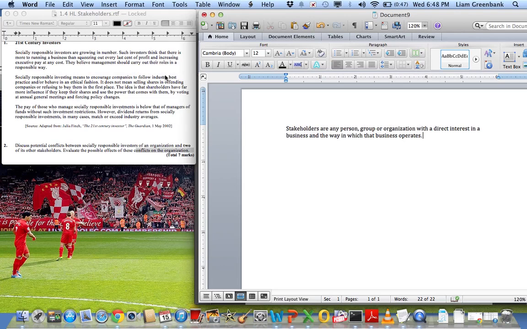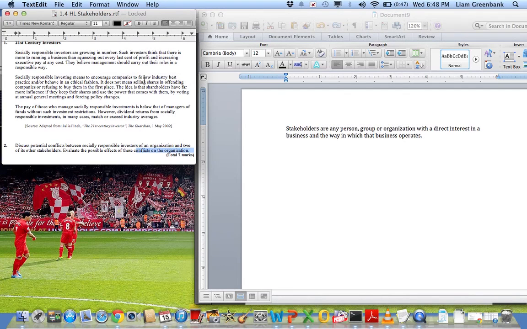Okay, so go back to the case, and we could look at something that shows a stakeholder has a direct interest in the business. So socially responsible investing means to encourage companies to follow industry best practice. The idea is to have shareholders have more influence. Okay, so what we could say is